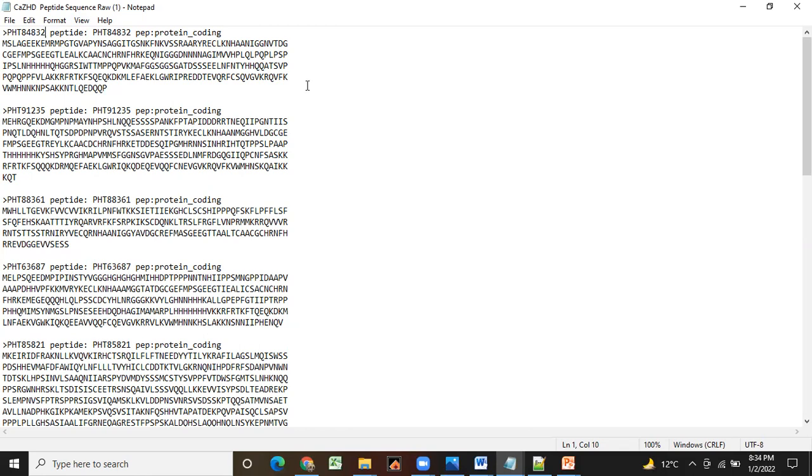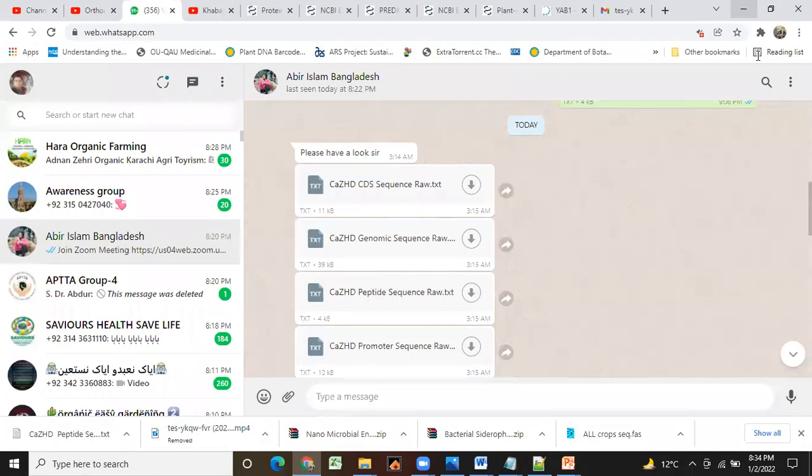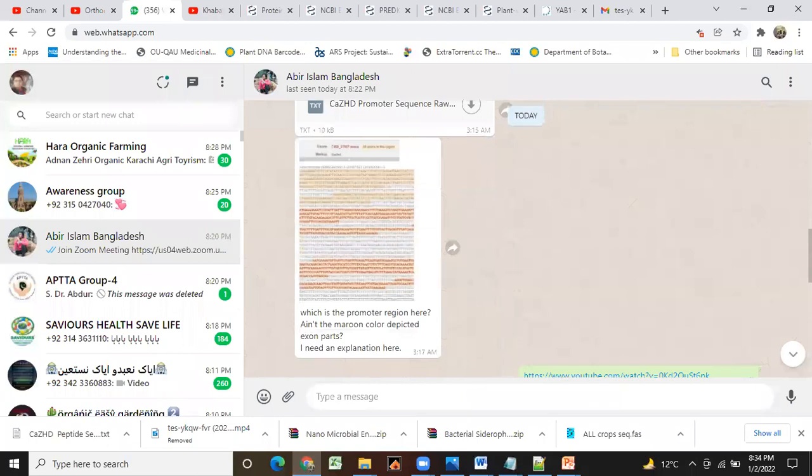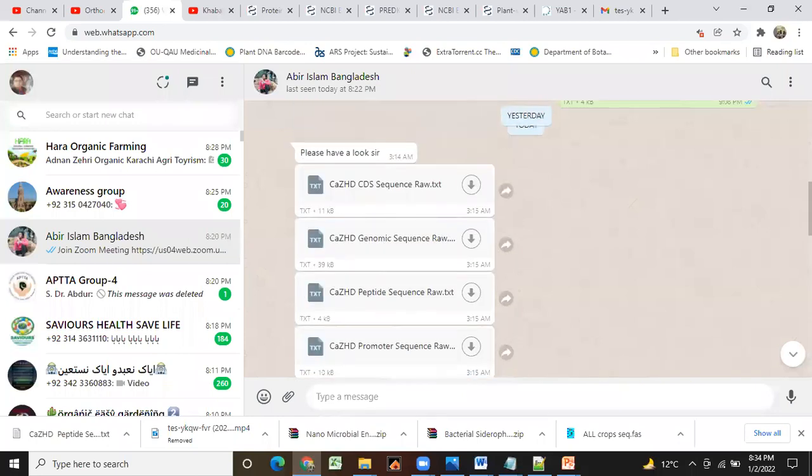How will you give the name? Sir, we will use the scientific name. The first portion of the scientific name will be a capital letter, and the second portion small letters, then the gene family name. Am I right, sir?